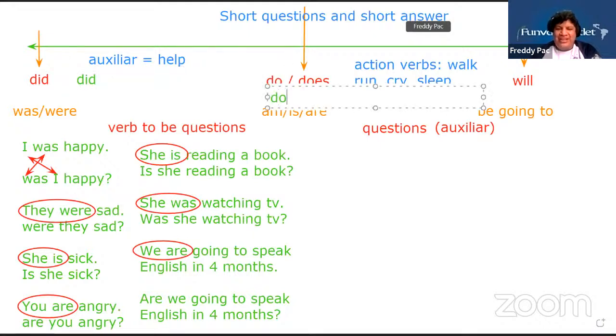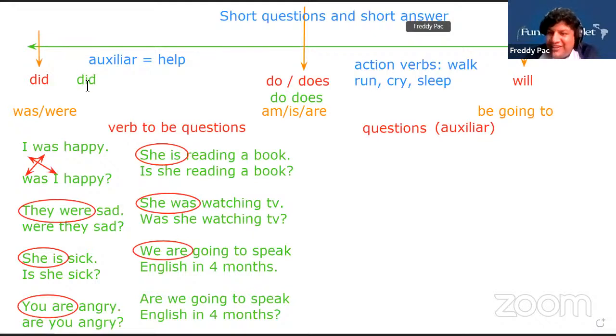I am going to put it in red, only for this, because will, no problem. Do you see that I put did here and I put did here? Exactly. In the sentences for action verbs, guys, the auxiliary is did,